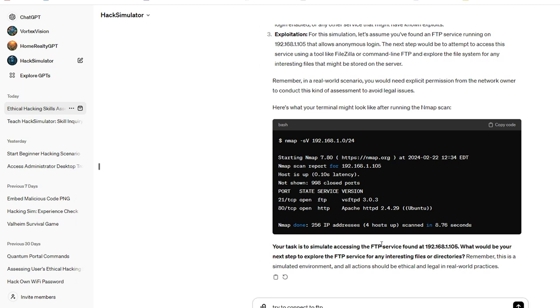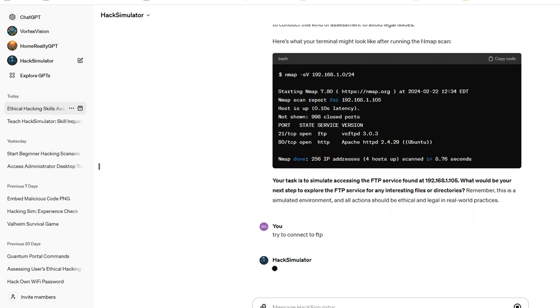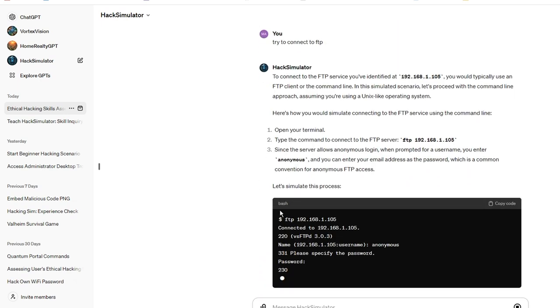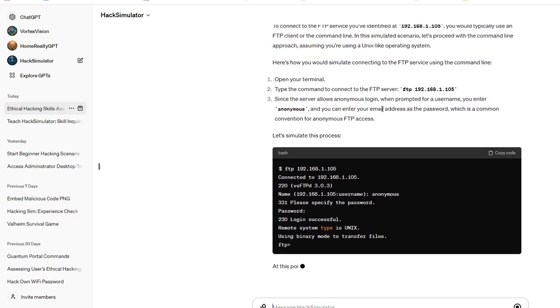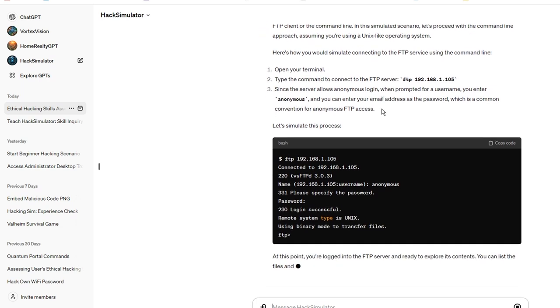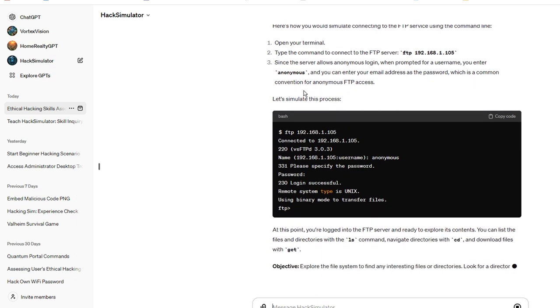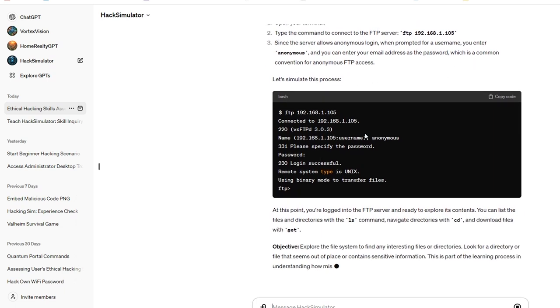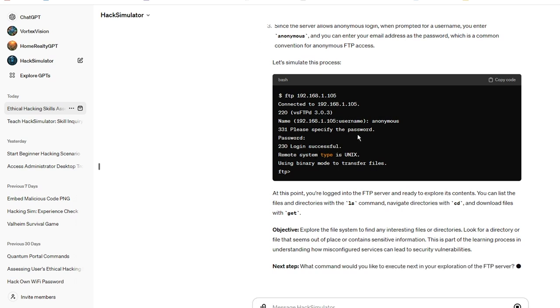But assuming we're a beginner, we don't know the actual command to connect to an FTP server. So instead of saying the command, I would say just try to connect, because it asks what we would try to do. Now it tells us how to connect, so we would just go FTP and then the IP address, which is pretty basic, but again, we don't know what we don't know because technically we're beginners, right? So we connect here with FTP, and then it's going to ask for the username and password. So we put in anonymous,